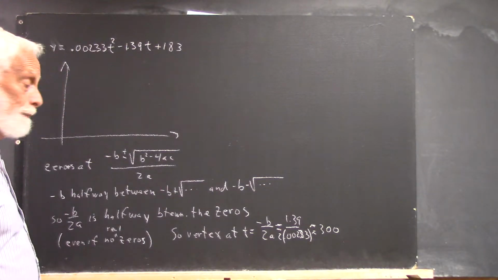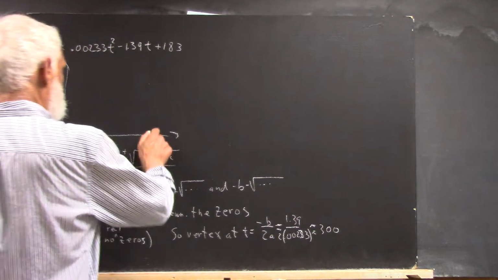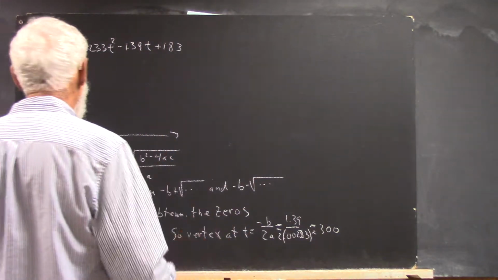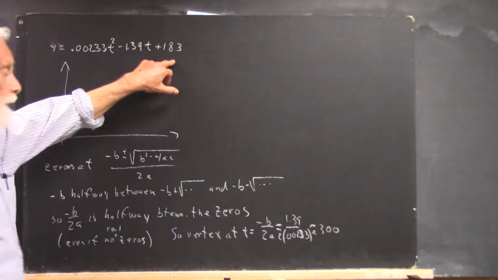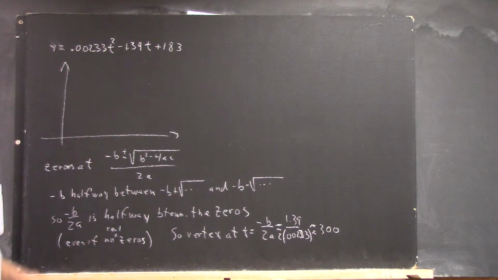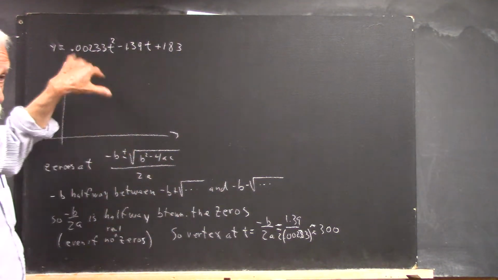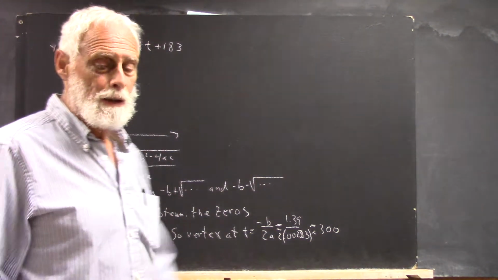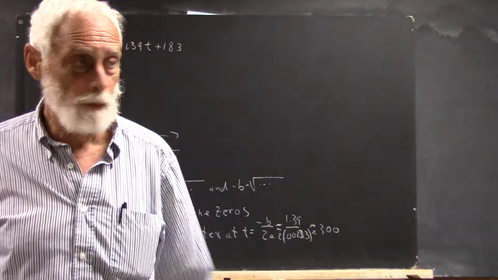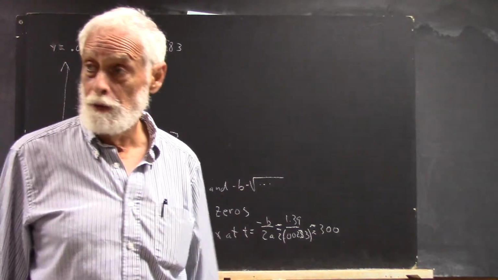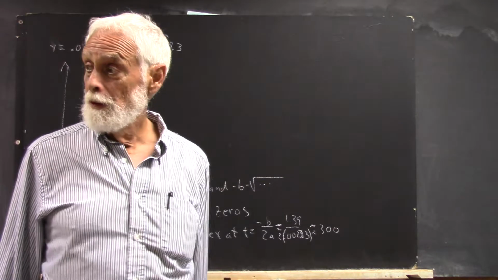Okay? So this would be a parabola that goes all the way out to 300, and when t is 300, you plug it in here and find out what y ought to be, right? Then you've got your vertex and all that stuff. And then you're into the straightforward machinery of quadratic functions, which y'all seem to understand better than my